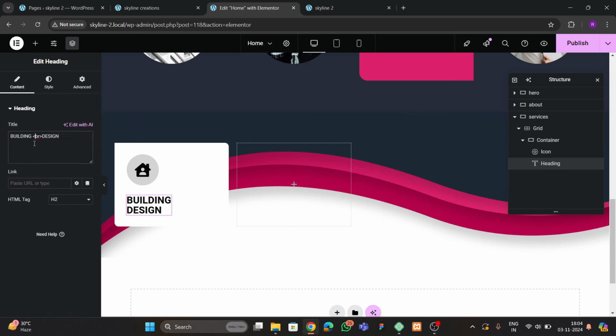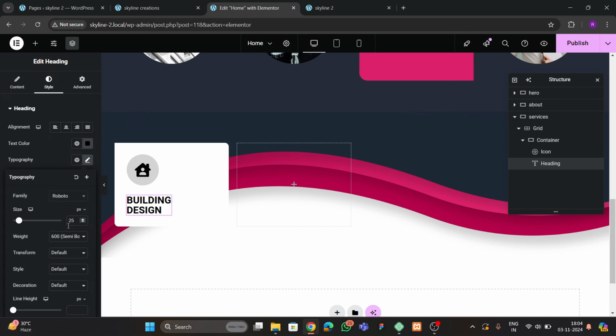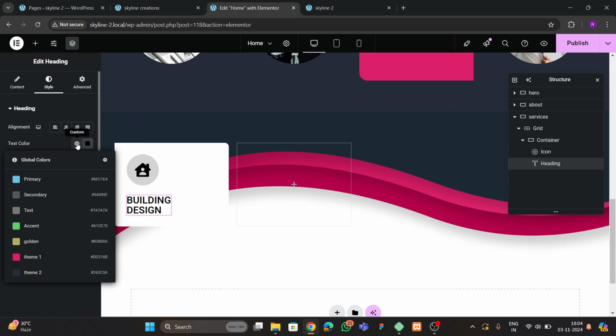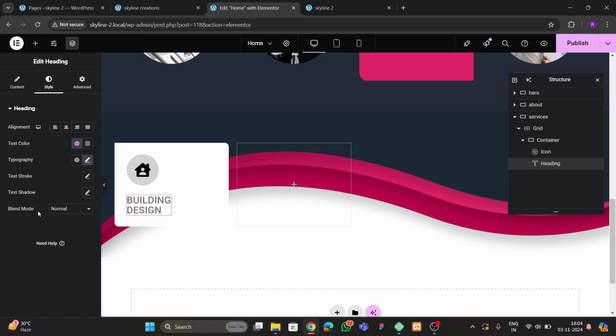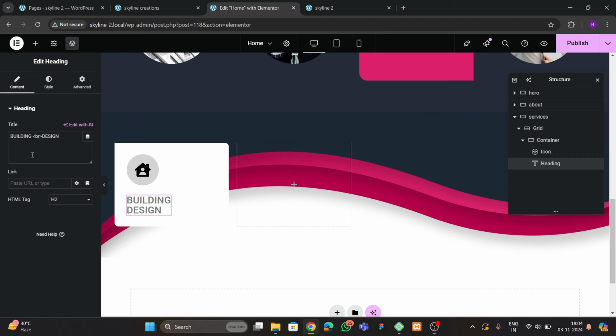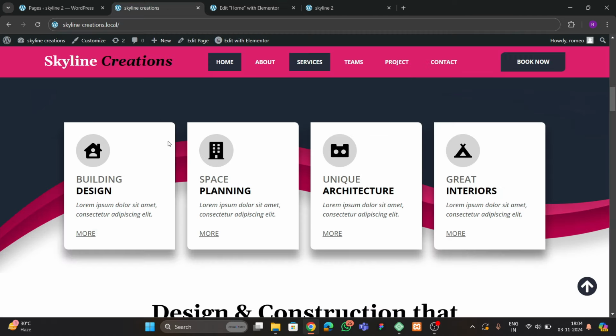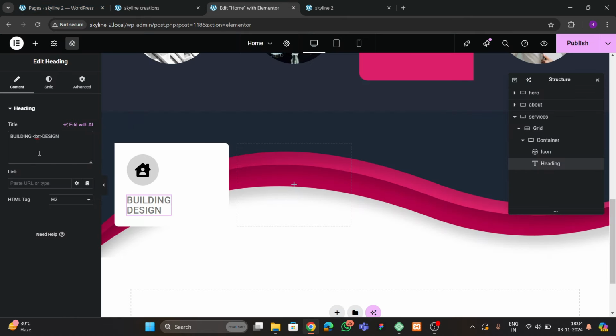Okay, then here what we can do, we can make this 500. Okay, we can make this text color like this, and now here for the design, so let me see. Here in the design, we have this darker, so we can add some HTML here. Let me add a span, and here we can do styles,